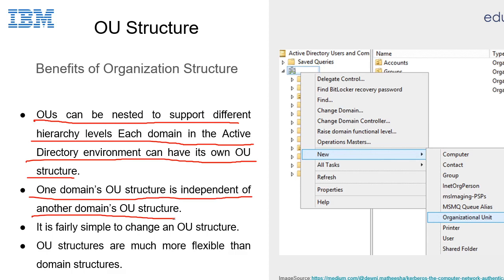So if we create an organizational unit structure for a domain, it is independent from other organizational units. It is fairly simple to change an OU structure. We can also modify the organizational unit structure, and organizational structures are much more flexible than domain structures because we can move users, manage users, and change users into another organizational unit. So it is more flexible than our domain structures.